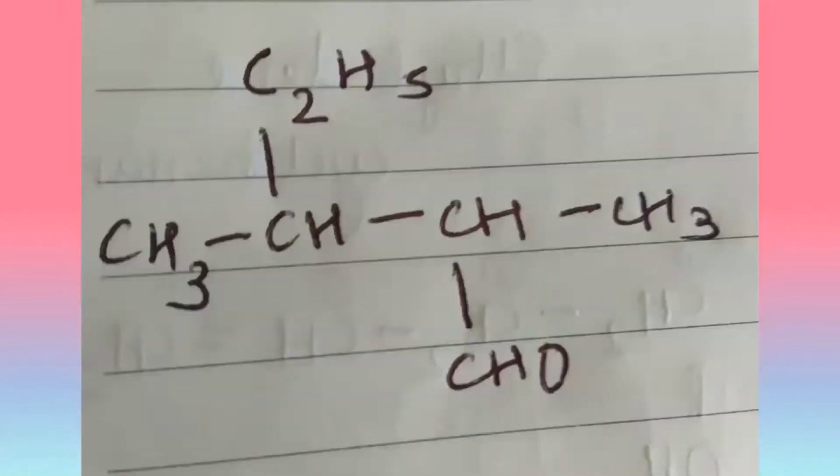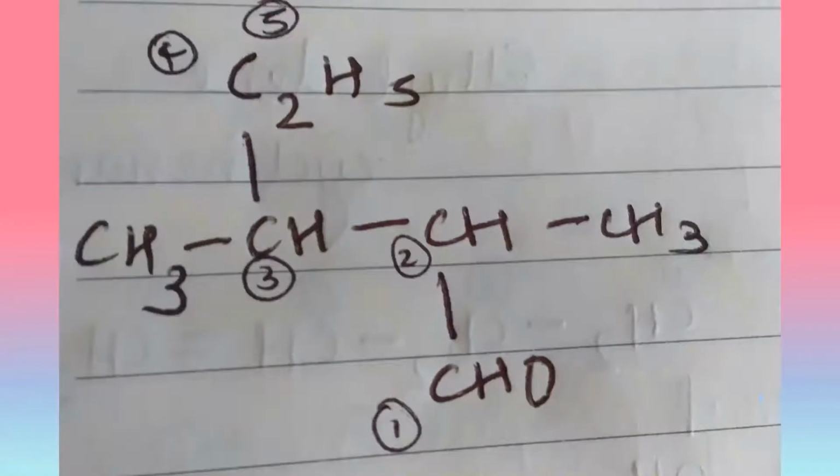So now coming to our next compound, here we have an aldehyde group attached in our main carbon chain. So the first step here is identifying the longest chain. So the longest chain I start here is by taking the aldehyde group also in consideration. So going like 1, 2, 3, 4, 5. So you can see that there are 5 carbon atoms in the main chain, and we all know that aldehyde group is given more priority. So the naming happens in such a way that it starts with the carbon having the aldehyde group to be the first one. So the positioning of the locants is 1, 2, 3, 4, 5.